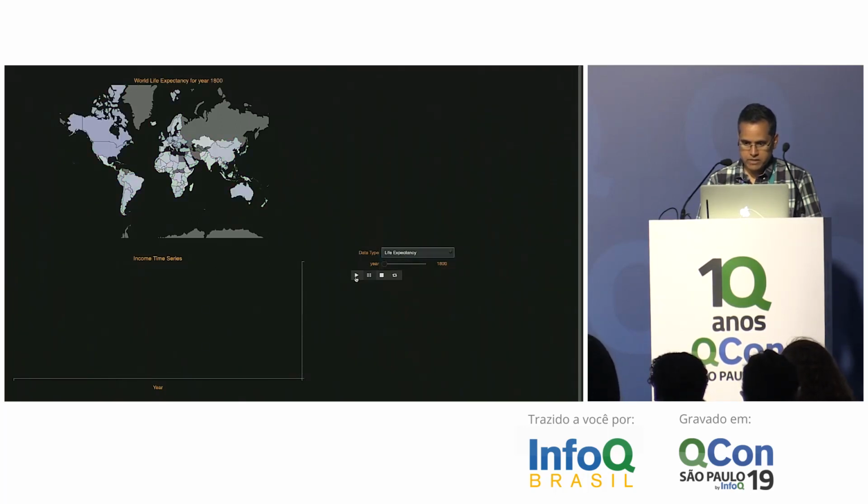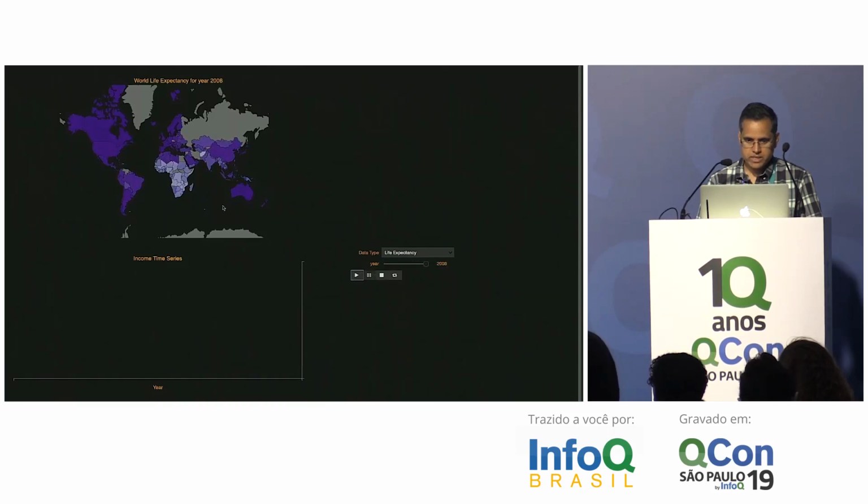Now we can look at life expectancy. And also by looking at this visualization, we can see all the missing countries. For example, there's no data for Egypt and Russia in this data set. And we see that the life expectancy is unfortunately very low in Africa, but high in Europe, Americas, and Asia. For example, this is China, this is Australia,